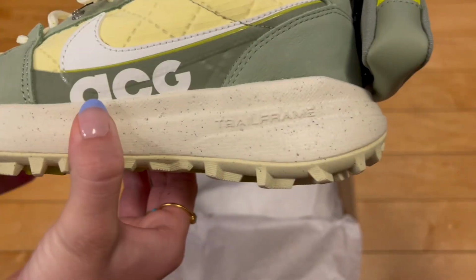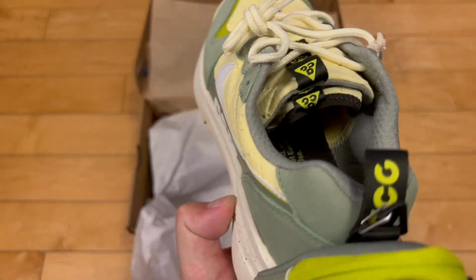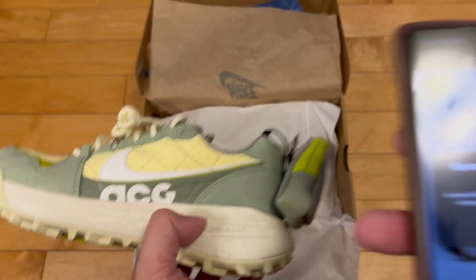But I needed a pair just for our 4 miles, 5 miles, sorry. Okay, so future movement. What's special about these is obviously comes with this back, but like you can see, this